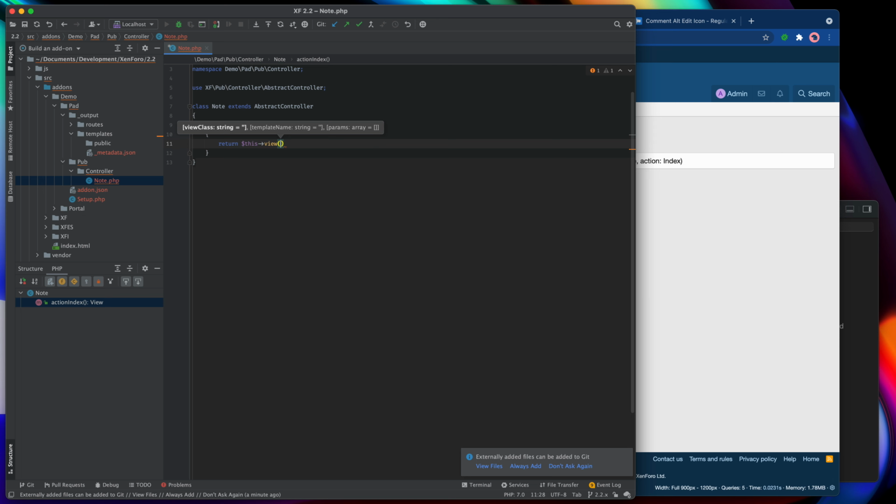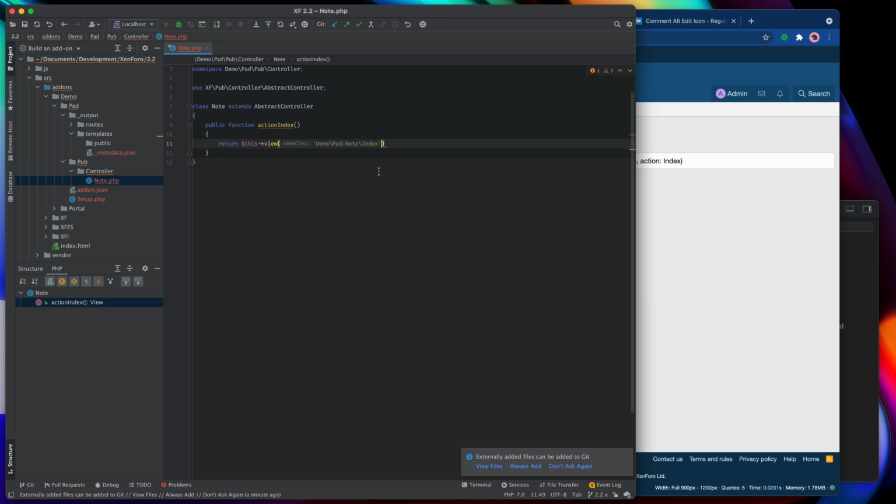So I'm going to call this demo/pad, because that's the add-on we're in, colon note/index. So essentially it's a copy of the controller path here, but it's going to point to a view.